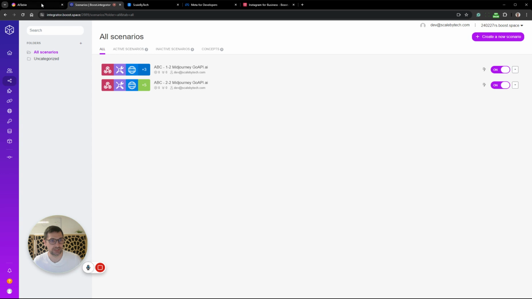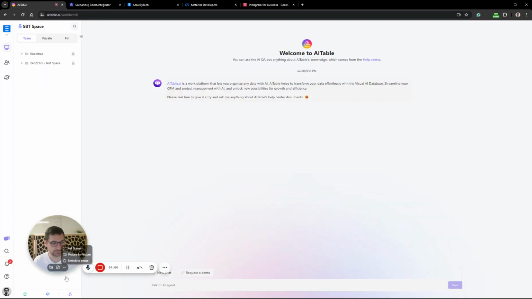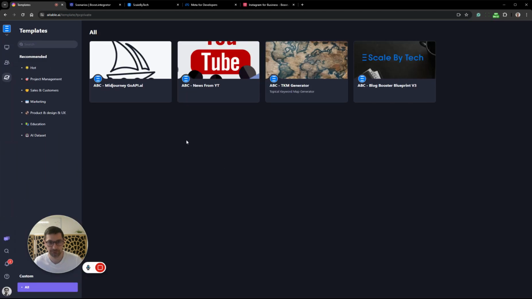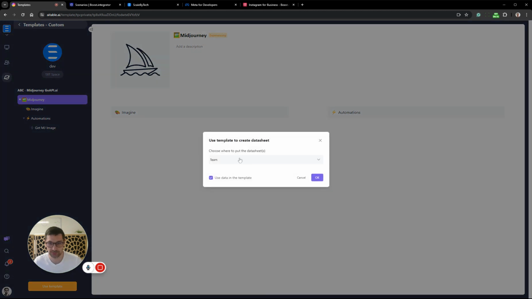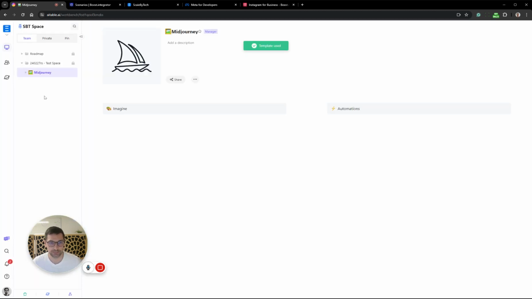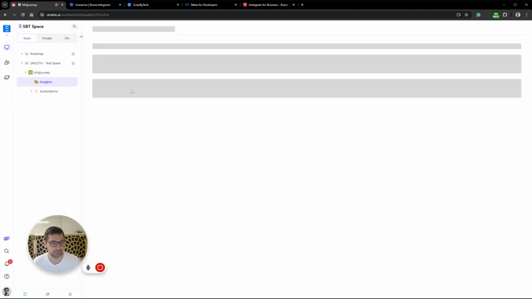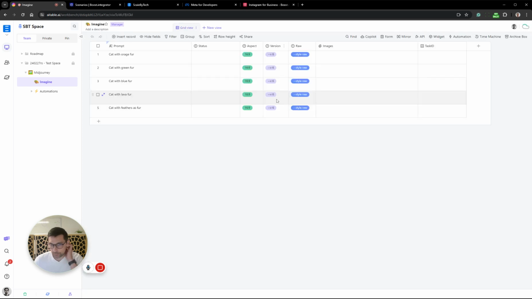So now we need to set up our AiTable template. So inside our AiTable space, we're going to go here to custom templates. We're going to go to ABC Midjourney. We're going to say use template. We're going to unfold team and select our folder, click OK. Now we have this neat little dashboard in here,